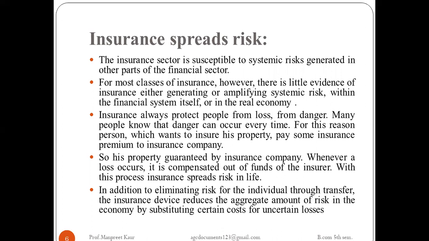Whenever activities are performed in the firm, those activities may relate to dangerous activity, such as causes of fire, theft or any kind of damage. To eliminate and transfer those risks, the client gets insurance to reduce the aggregate amount of risk in the economy